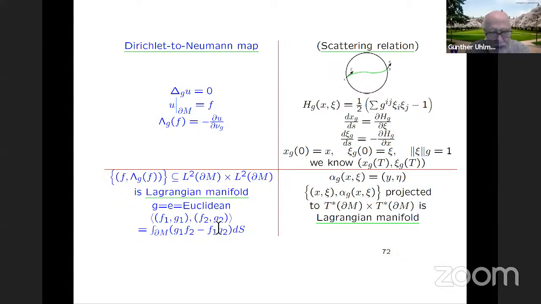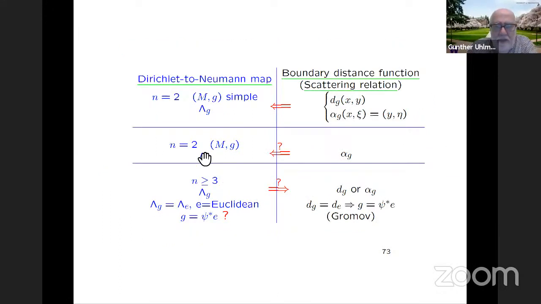It is G1 F2 minus G2 F1. And the scattering relation, projected on the boundary, is a Lagrangian manifold. This is technical, but it's an interesting connection. It's a Lagrangian manifold on the cotangent of the boundary across the boundary. Don't pay attention to this if you don't know the words. There is some connection. So to finish, let me